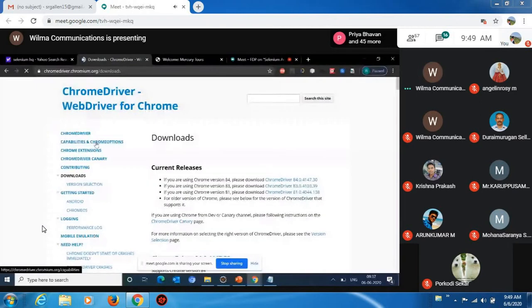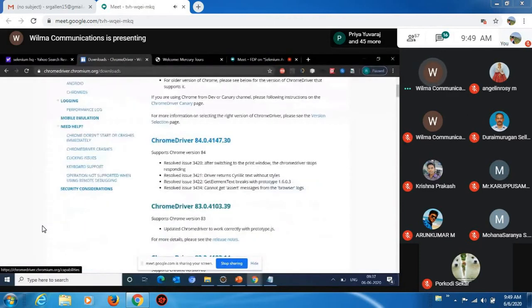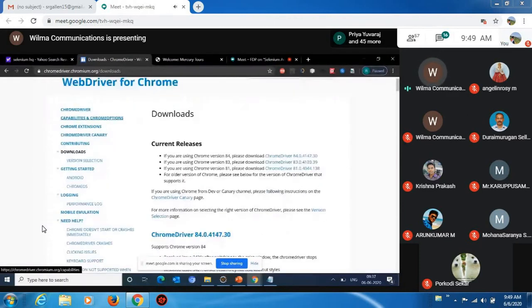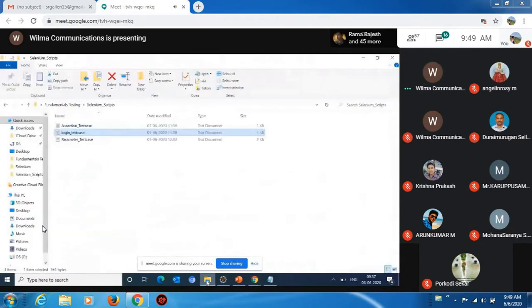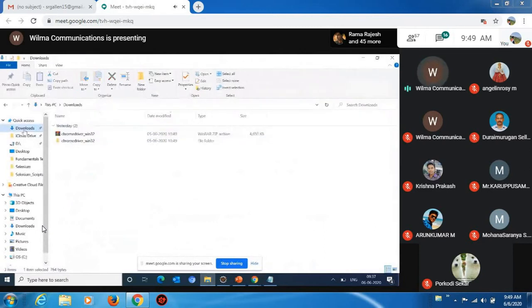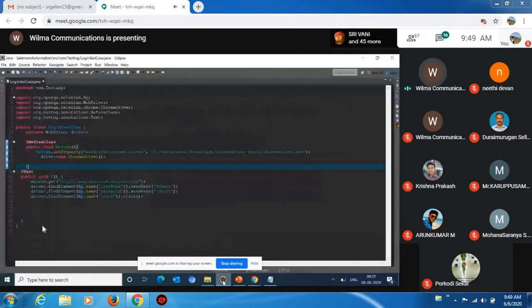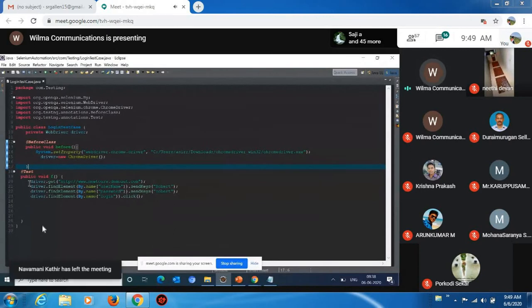So this I already explained yesterday. This driver is basically required to run your test cases at the browser level. Whichever browser you are going to use, that browser's driver needs to be installed and copied inside your machine. I have already downloaded it, and it is available inside my downloads. Here you can see the ChromeDriver I have already downloaded and installed in my machine. So I'm just giving this particular path, and for that I am implementing this line number 14. And after that, in the test method, I'm going to open this particular.